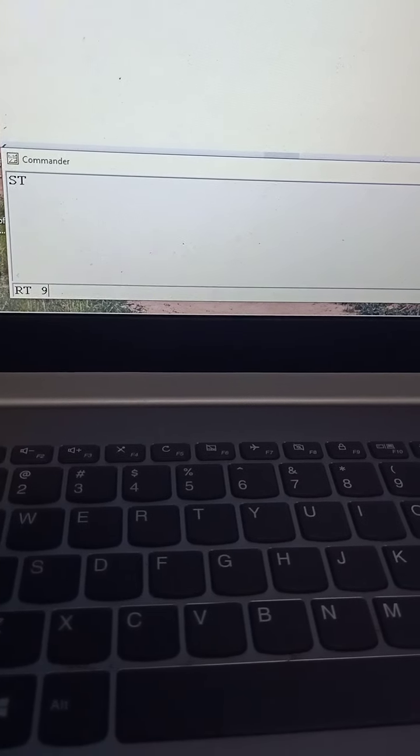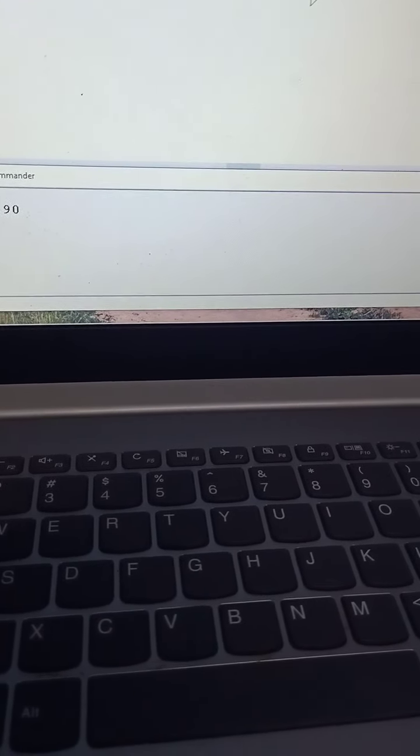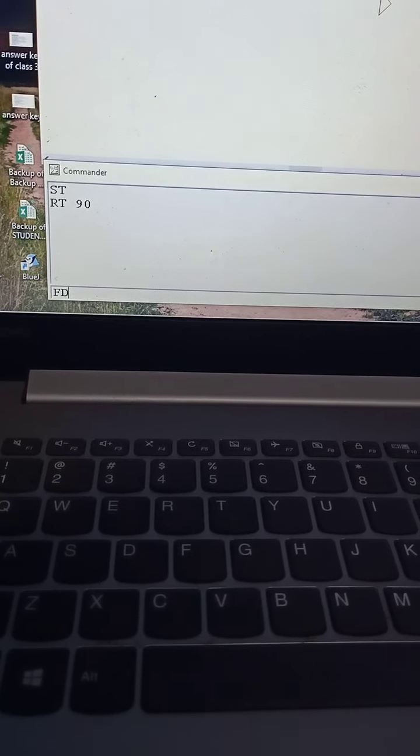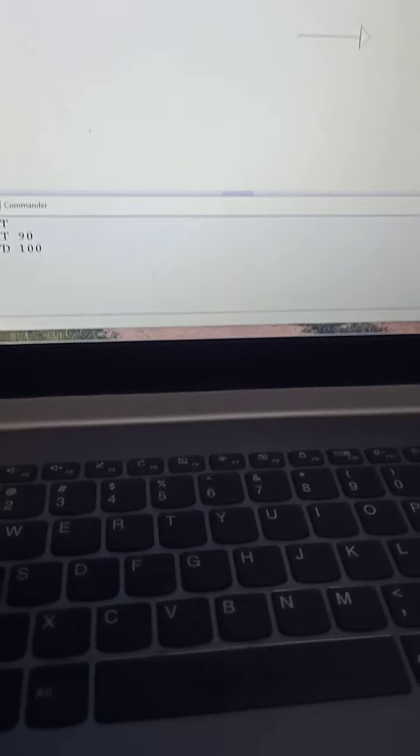Our fifth figure is very simple, this one. So we can draw this kind of figure in two ways. First of all, we have to turn the turtle to this side. That's why we have to give first RT 90. Okay, then we have to draw a straight line in that direction, this direction. That's why we have to give FD 100, then HT. Okay, now this line, this picture and this picture are the same.